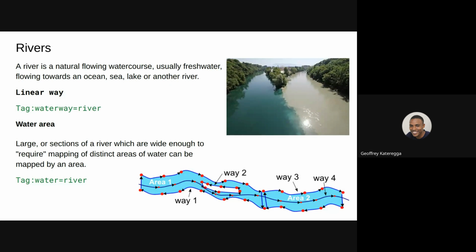I think the main important thing when mapping waterways is for you to clearly determine what is a river and what's not a river, because it would not be right to tag a small stream as a river, or a ditch as a river. So the river tag should be used in the right way.